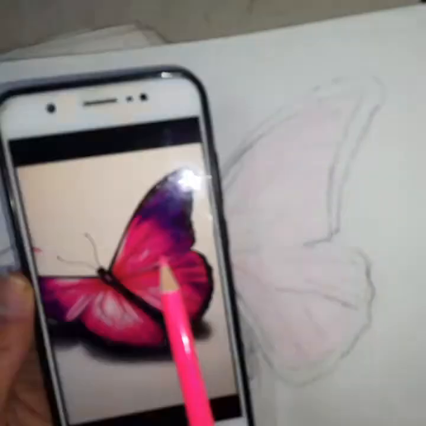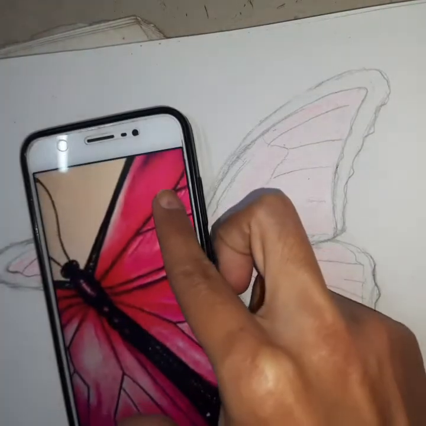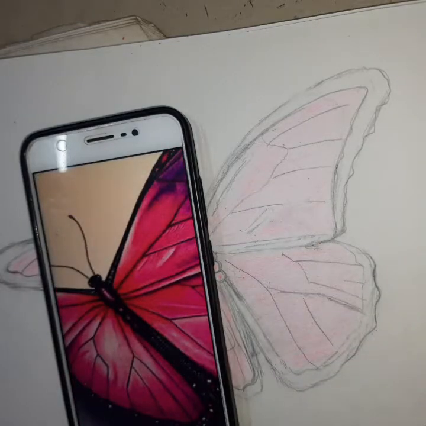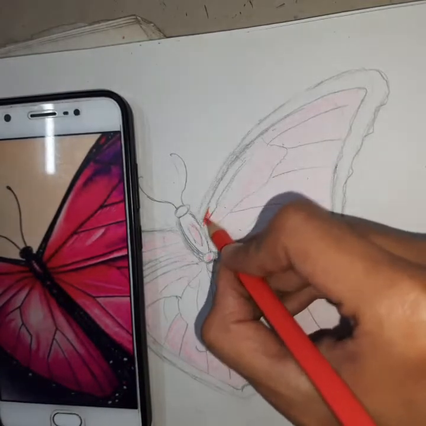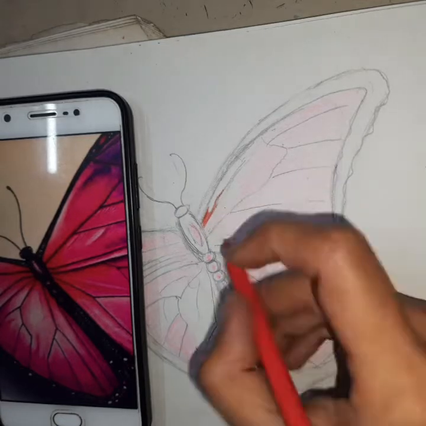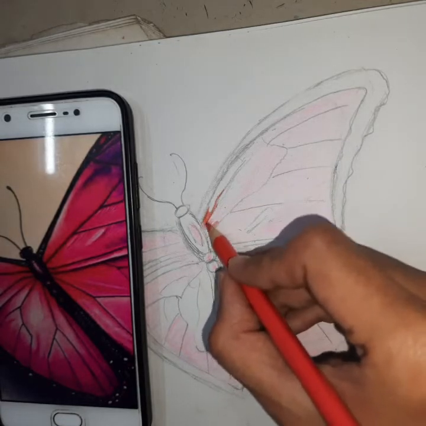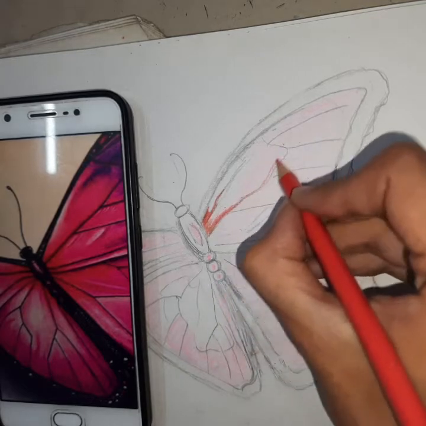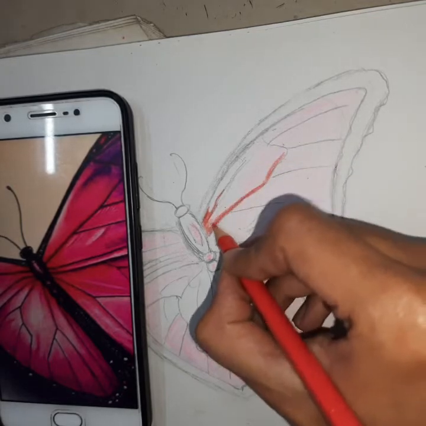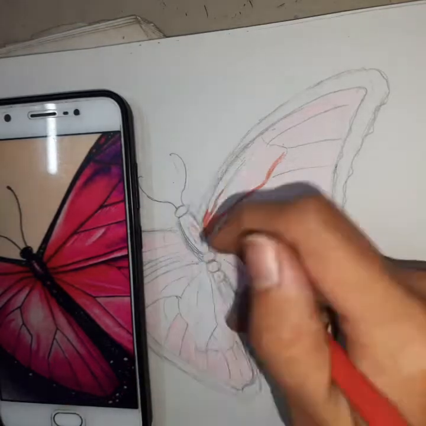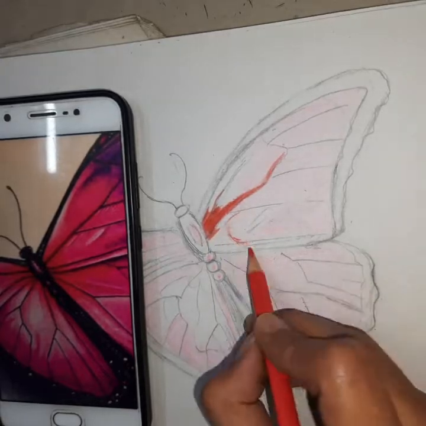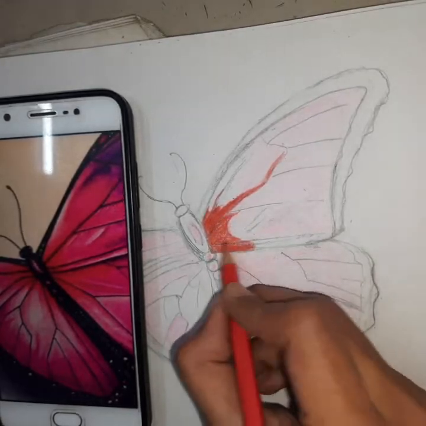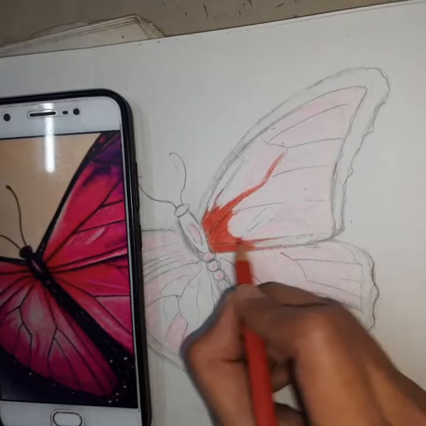So I have done the base color and now let's start with the layering part. Firstly I am going with the red undertones. Near the head of the butterfly I can see red and orangish undertones. So I will mix match both the colors to get that perfect color. So let's see how to get that color. I am coloring at that very area where I find the red and the orangish part, mix matching both the colors as you can see in the video.